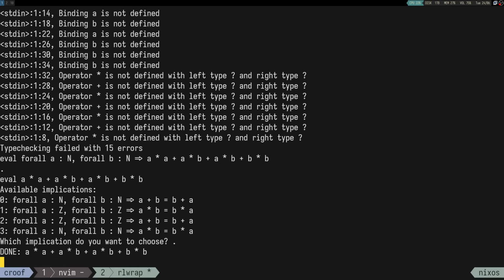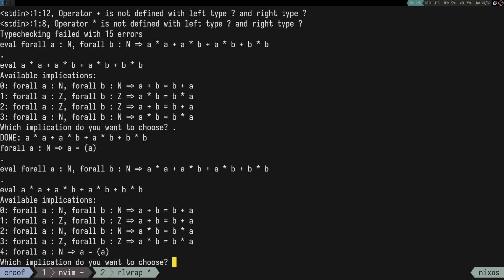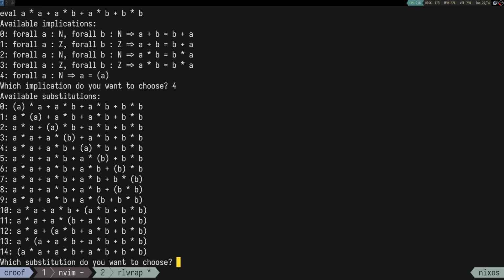So let's say for all a in n, a is equal to a with parentheses, right? So we just add the option to do parentheses. So let's use for, and let's add parentheses to